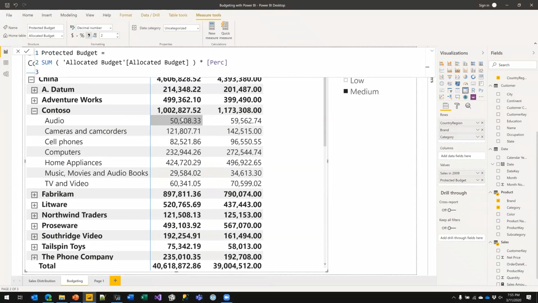Because the allocation is totally dynamic, I can slice by whatever I want. Keep in mind, by doing that, I'm just creating numbers out of nowhere. So if you ever do that, you need to make sure that your users are happy with those numbers. But to be honest, these numbers have a meaning and they can be explained. And as I told you at the beginning, I'm not interested in building a complete budgeting solution. My goal is to show you techniques that can be useful in budgeting. So you can use this as a tool to help budgeting people build a more reasonable forecasting system.